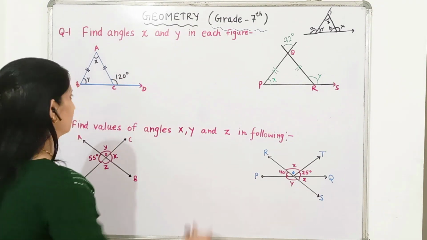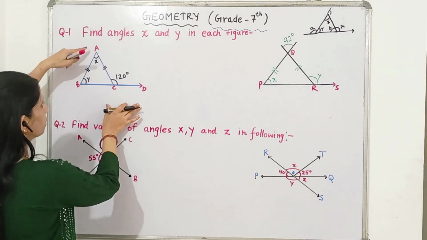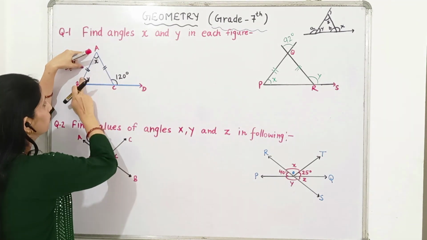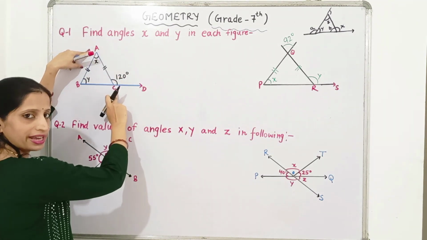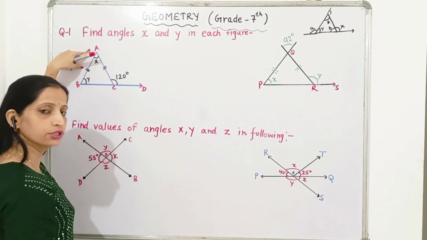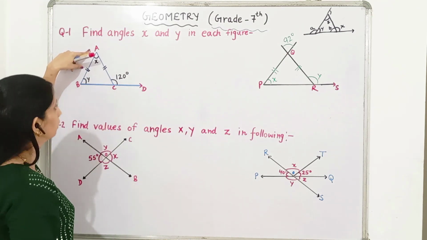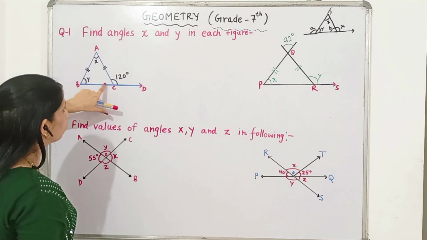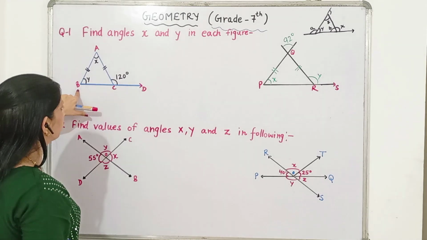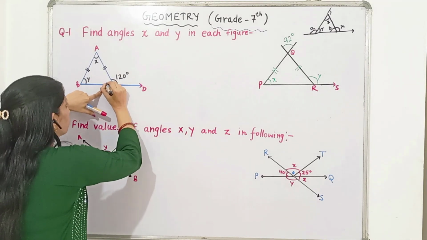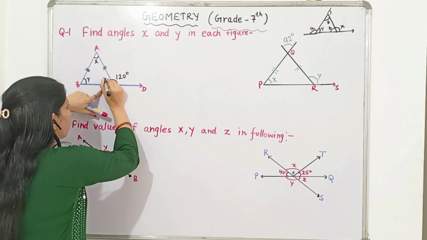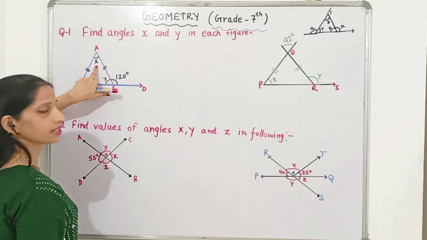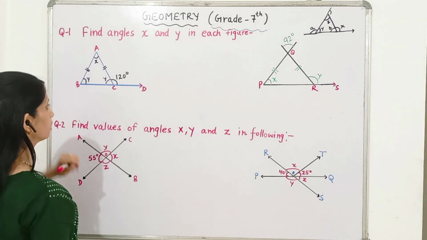Now let's start solving the questions. Now see, this is a triangle ABC. In this triangle, this symbol is given, which means AB is equal to AC. These two sides are equal. So this is an isosceles triangle, and when two sides are equal, then the two angles will also be equal. So here angle B will be equal to this angle C, or let's take it as y. Now in this we have to find out x and y, both the things.